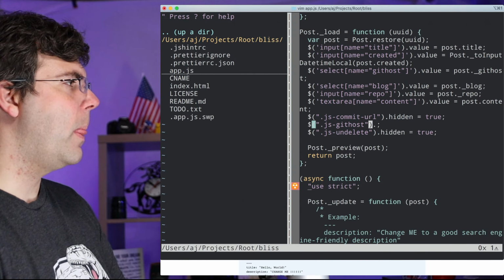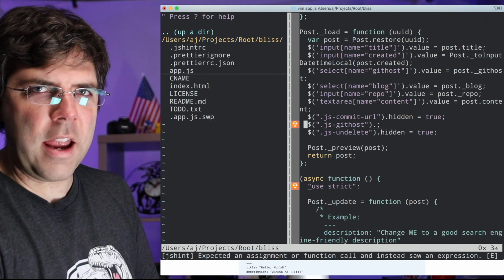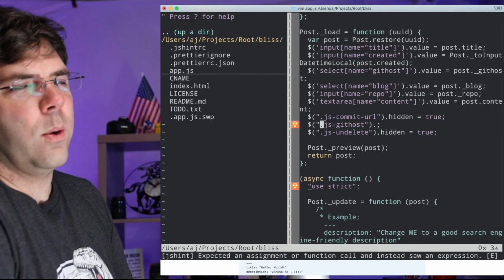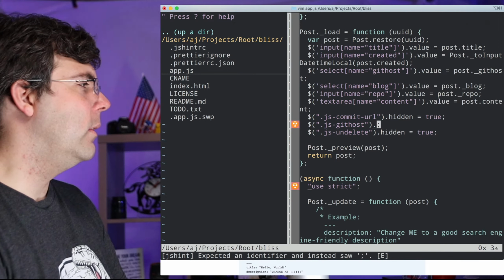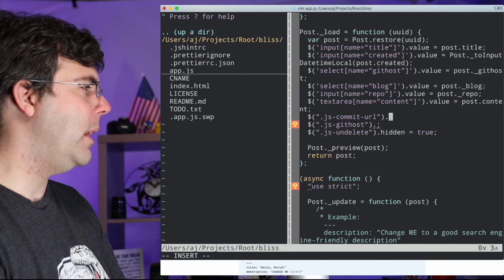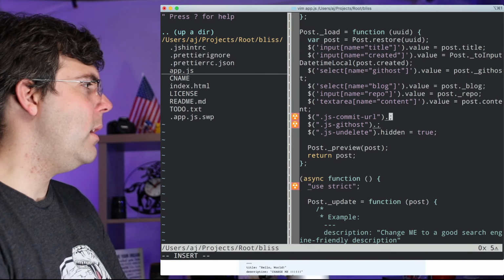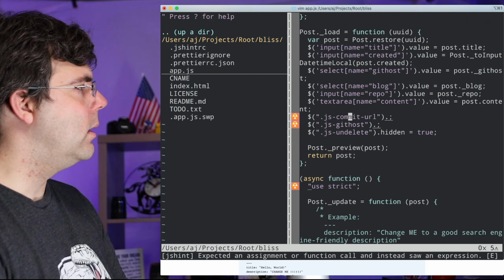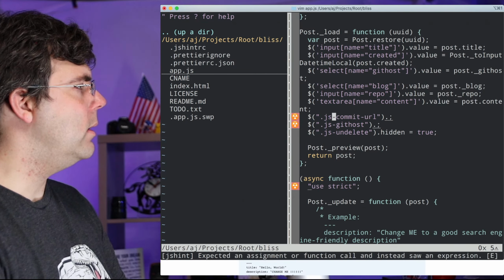is, and by the way, this is not jQuery. It's just a document.querySelector, just wrapped. So you're not going to see me doing any jQuery-ish things here. Anyway, so commit URL, and this is going to be dot. This is an